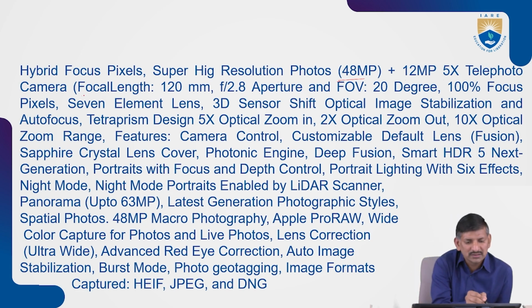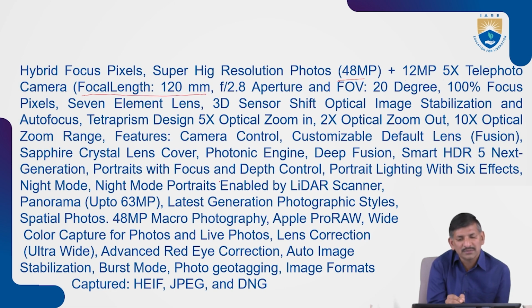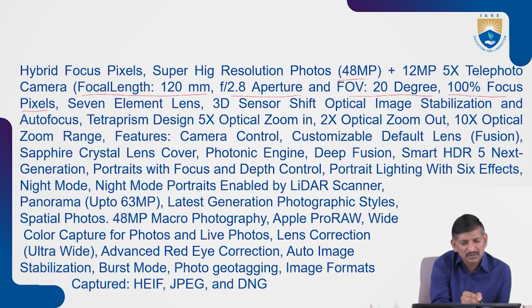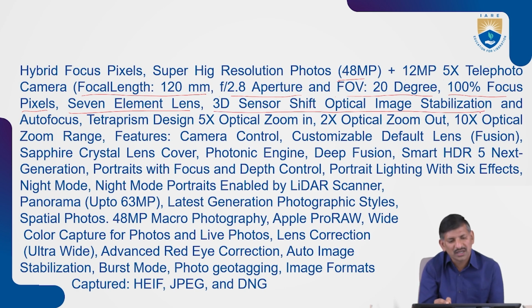Its focal length is 120 millimeter, with 2.8 aperture and 20 degree FOV, 100% focus pixels, 7 element lens, 3D sensor-shift optical image stabilization and autofocus, tetraprism design, 5x optical zoom in, 2x optical zoom out, 10x optical zoom range, and features are